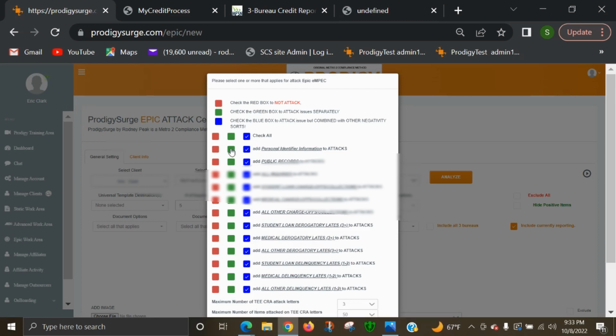If I go here to green, that means I'm attacking separately. So if I click green here, I'm creating 3 different letters. But these 3 letters will be only for the person identifiers, nothing else. One person identifier letter for TransUnion, one for Equifax, one for Experian. And likewise, if I choose the student loan charge-off collections, I'll have 3 more letters created. These 3 letters will also be TransUnion, Equifax, and Experian, but the student loan charge-off will be the only thing